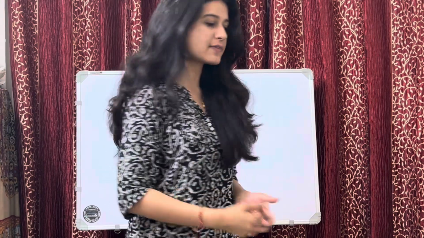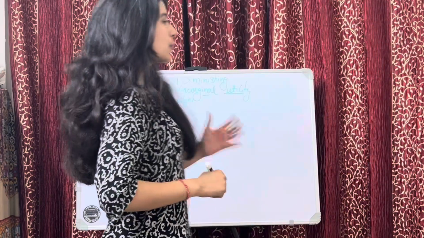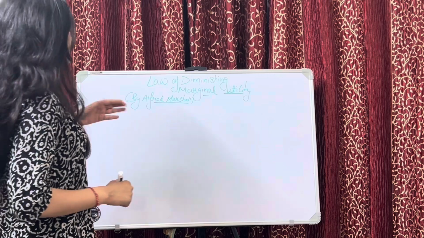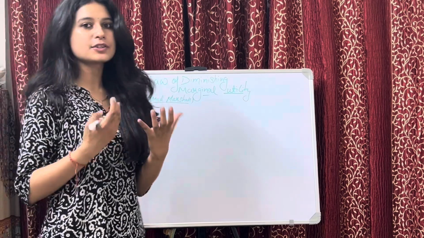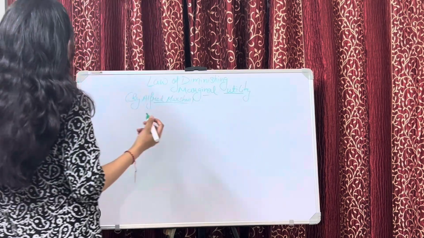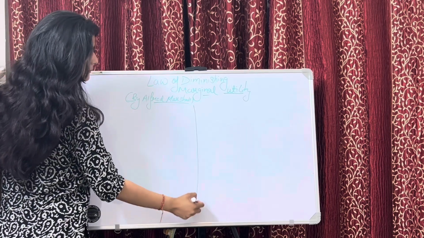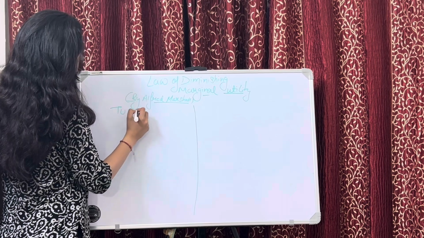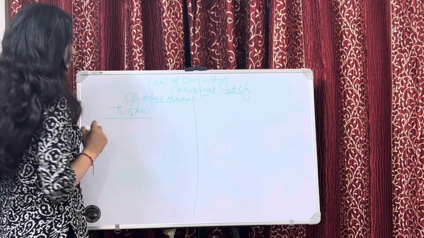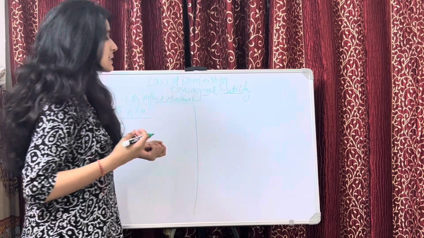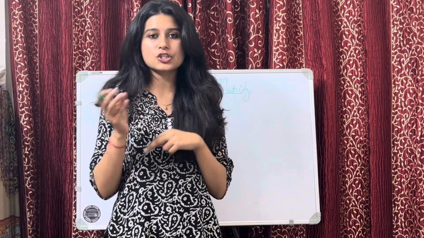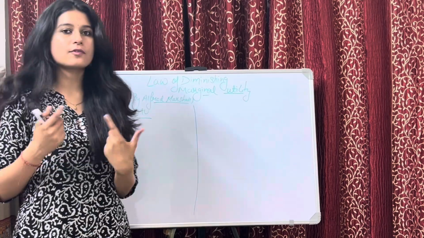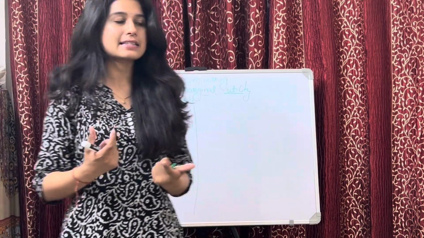So, come on, guys, we'll learn this theory in today's class with the help of a diagram and one table you need to learn, to grab the theory perfectly. Here I'll be drawing one table to make you understand. It is a table of total utility and marginal utility. We'll also be discussing all the relationships between total utility and marginal utility. I'll explain this relation with the help of the diagram so that you can grab it easily.